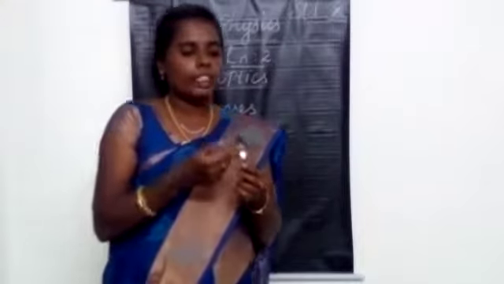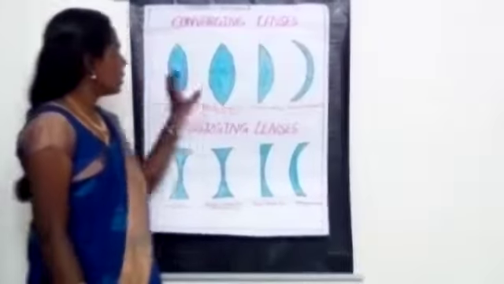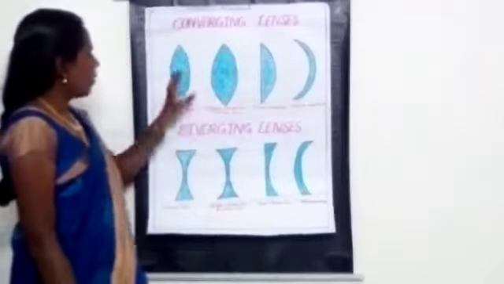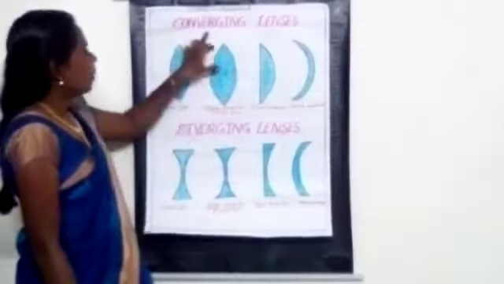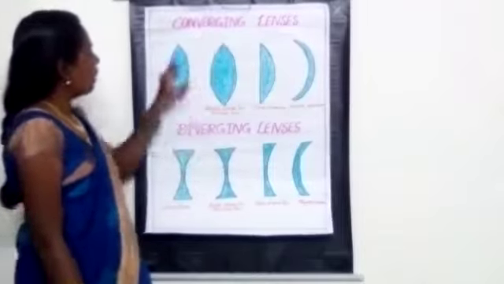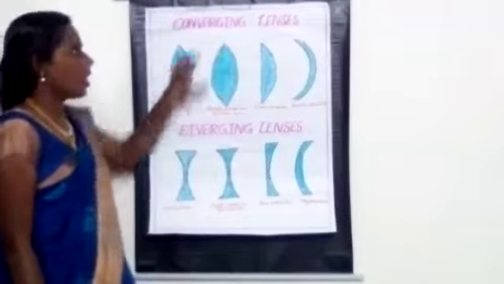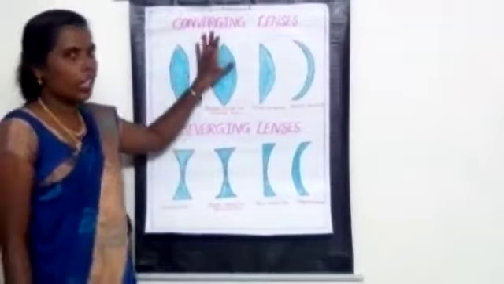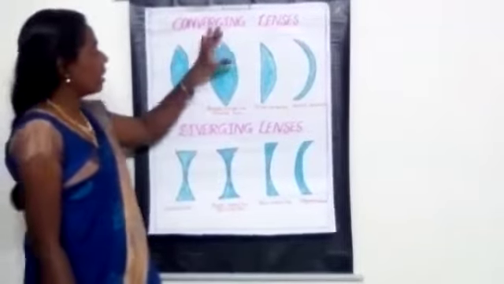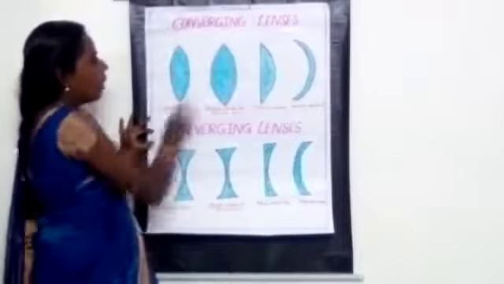Now we can see the types of lenses. Just observe these pictures here. There are different types of lenses: converging lenses and diverging lenses. Listen here, the convex lenses are called converging lenses. Why are we calling this a converging lens? When the light rays are allowed to pass through the convex